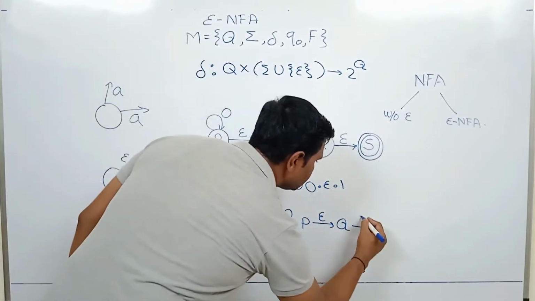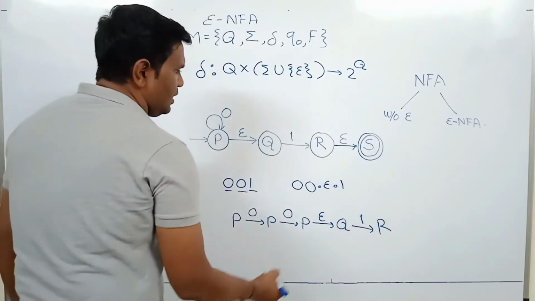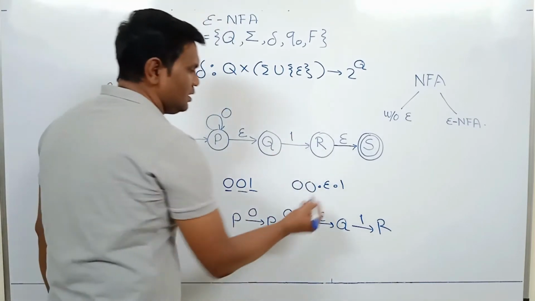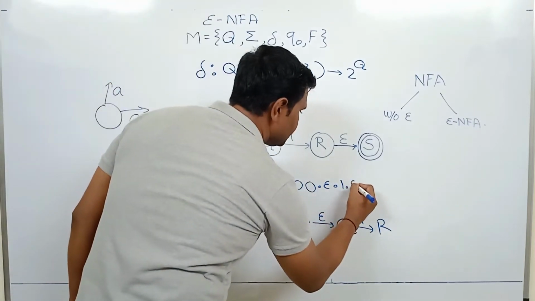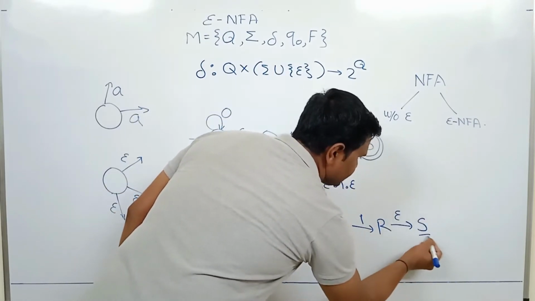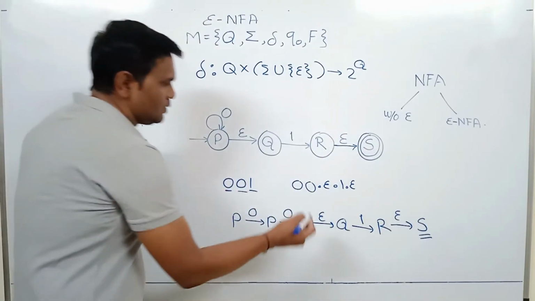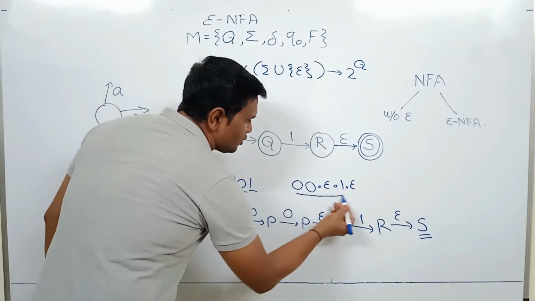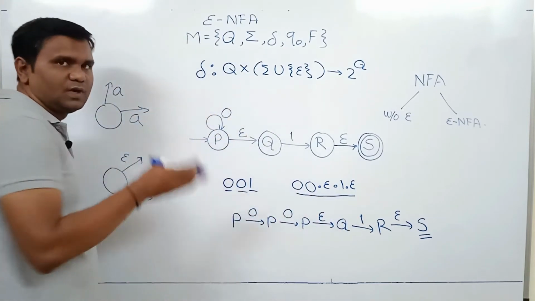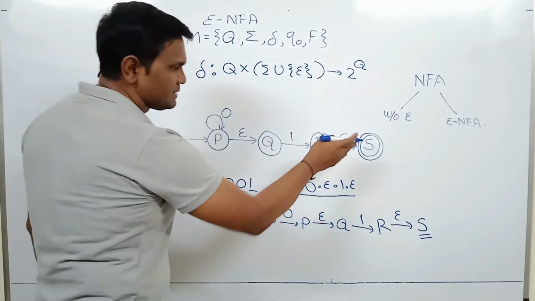Q on 1 goes to R. And now the string has ended, but still we can process epsilon. So after 1, we process epsilon and R on epsilon goes to S. S is a final state and the string is accepted. So here there is at least one transition sequence for which the NFA ends in a final state,